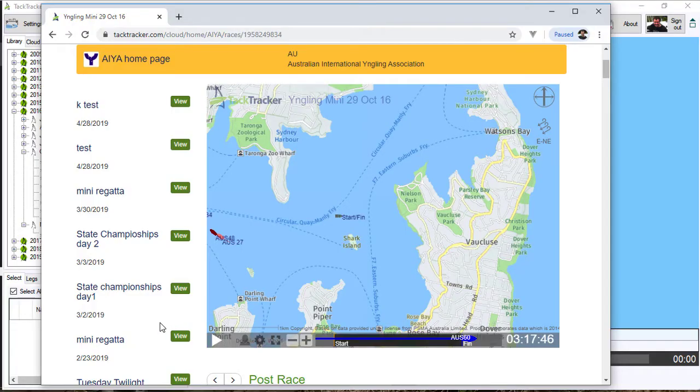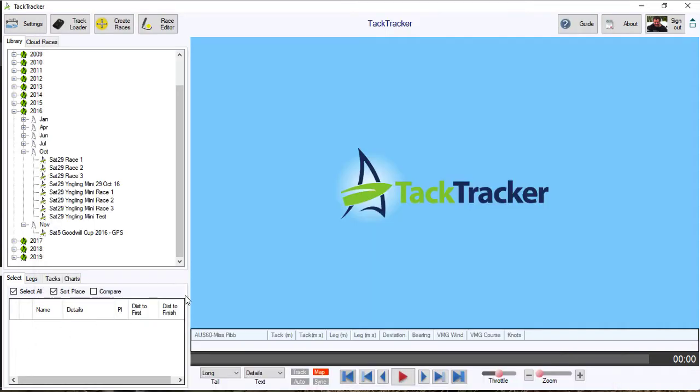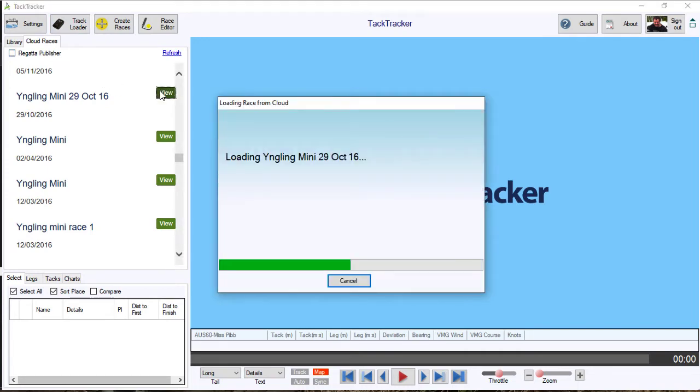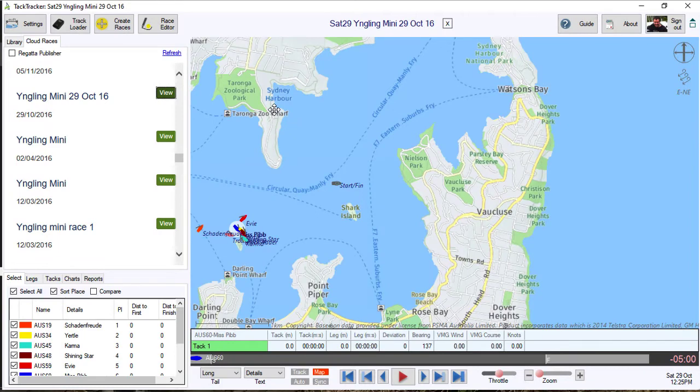So what we're looking at here is the web player, and to split our races, what we're going to do is go into the desktop player. In this case I'm using Tack Tracker for Windows. I'm already logged in. I'm just going to go to the Cloud Races tab and load in that race we're looking at. Here it is. So while the race is loaded, I'll click the Create Races button,